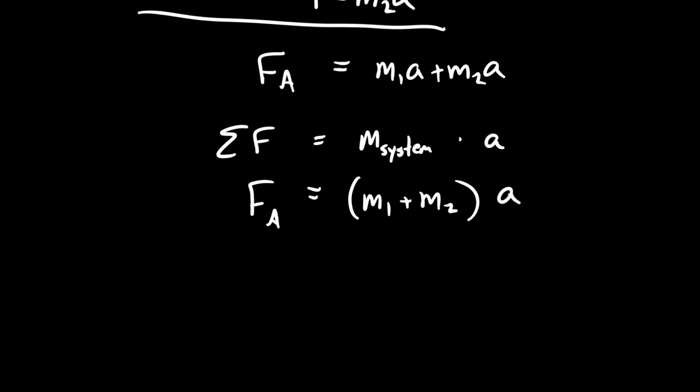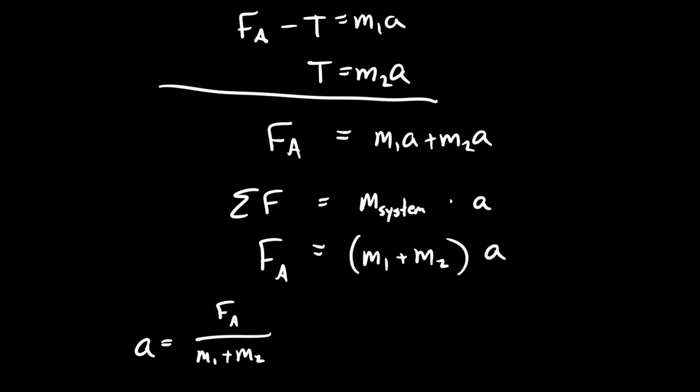I do want to talk about the tension for a minute, but is there anybody who has a problem seeing how we'd get the acceleration just by dividing both sides by M1 plus M2? Then let's do that real quick. This would be the acceleration. But if I wanted the tension, now that I have the acceleration, do you realize substitution could allow me to do that? Or I could have eliminated acceleration and solved for the tension. Usually, solving for the acceleration will be easier than solving for the tension directly. So I'd encourage you to solve for the acceleration. It'll probably be the fastest way to solve your problem.